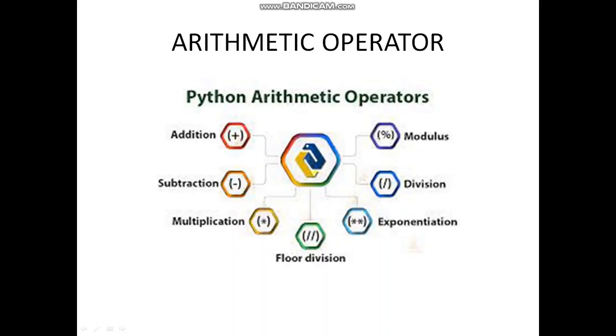The next is the modulus. Modulus gives the remainder, without taking the fractional part in division. If you do the division, you will get a remainder, right? For example, if you do 5 modulus 2, your quotient is 2, remainder is 1, right? So if you are doing 5 modulo 2, your answer is 1, which is the remainder. Got it? The next is the exponential.